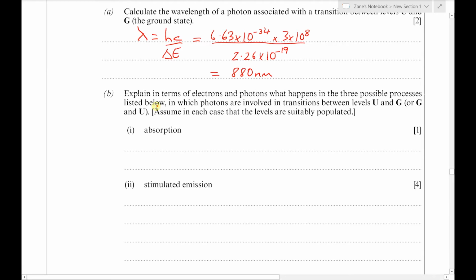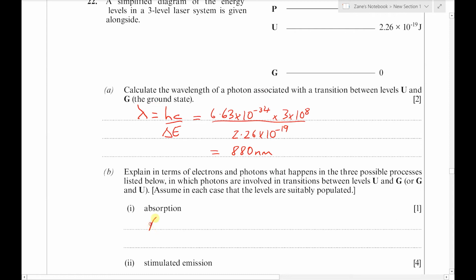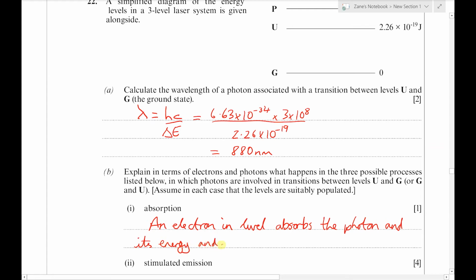Well, absorption is where an electron in level G absorbs, I hate to use the same word as absorption, but it absorbs the energy of the photon, or absorbs the photon and its energy, and rises from G to U. So basically the photon disappears, the electron takes the energy of the photon, and the electron moves up from level